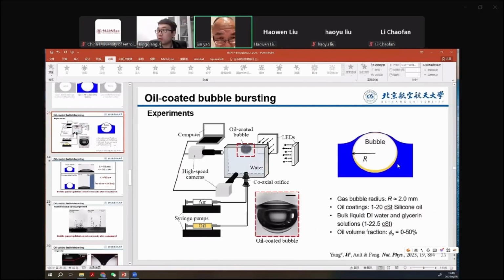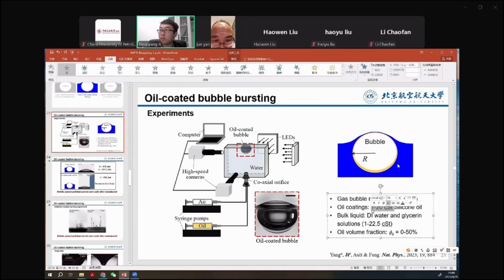Because the density of silicone oil is just a little smaller than water. It's about 930 or 970, like that. Okay. Yes. The viscosity is about